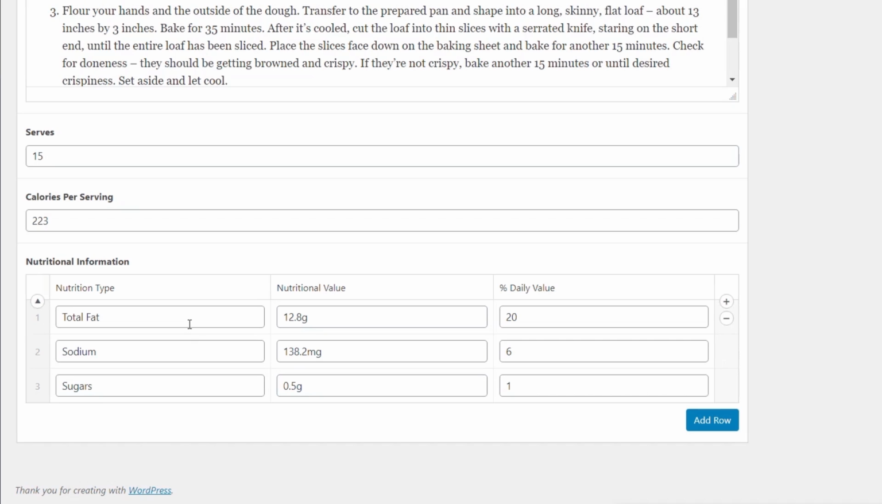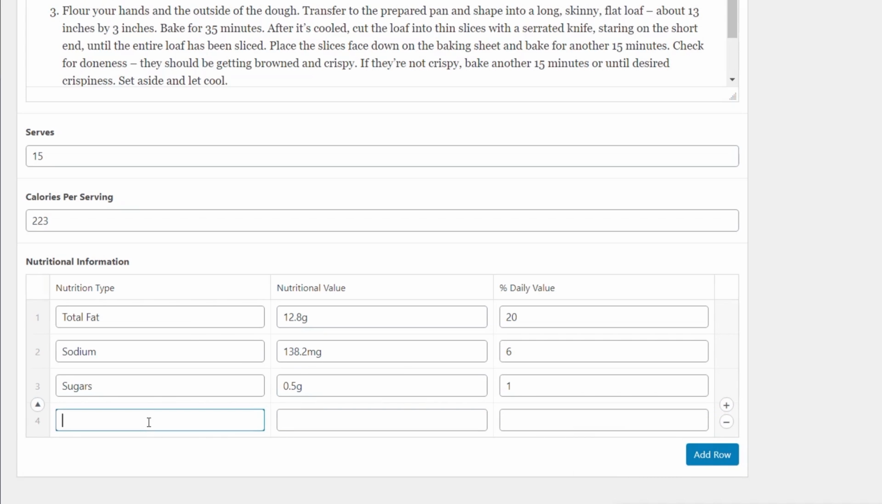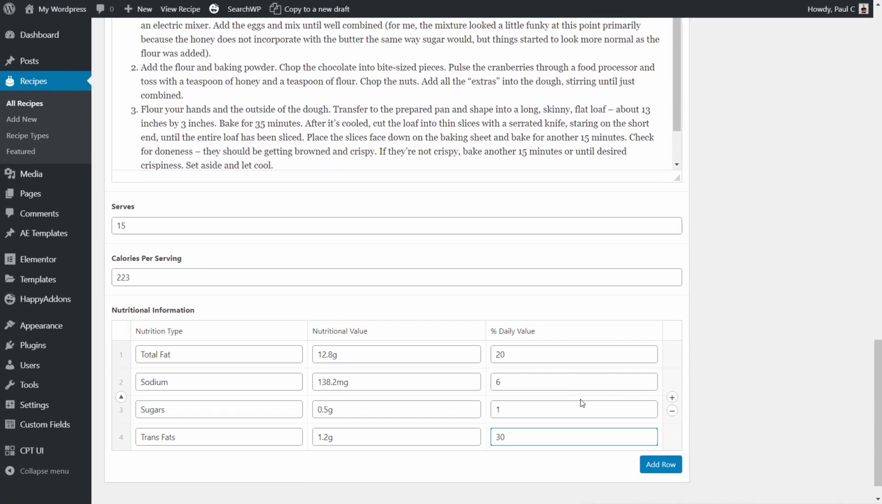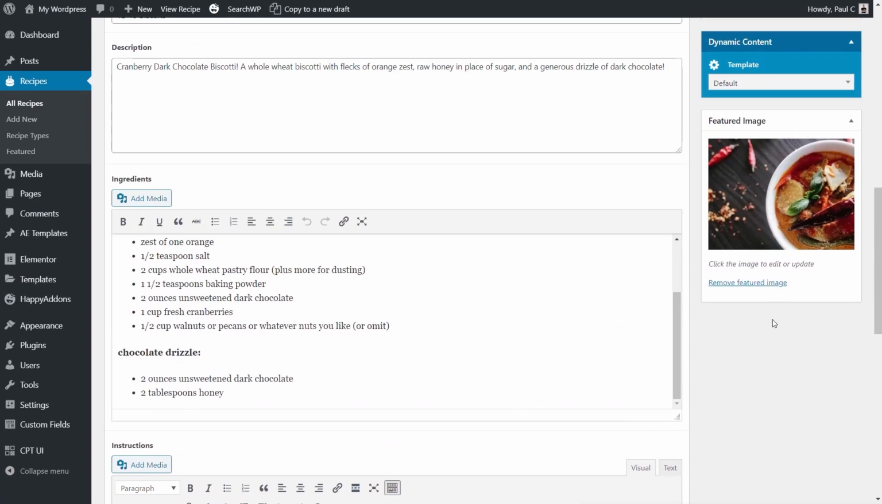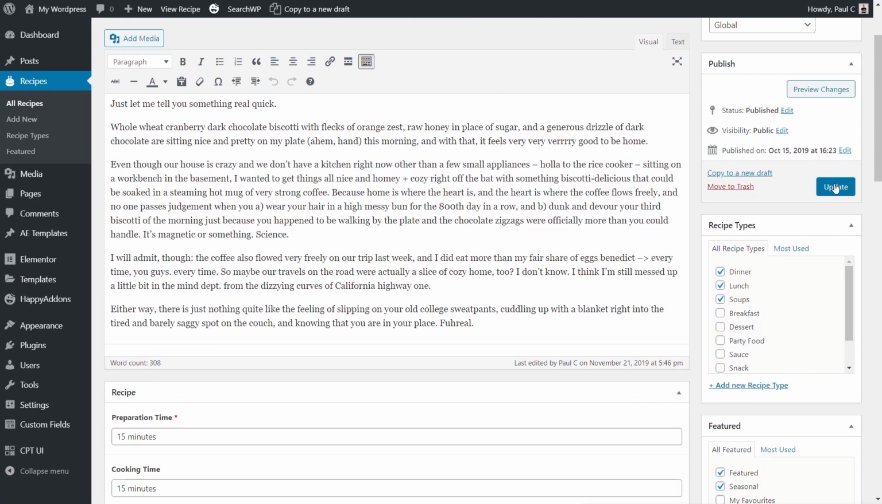As you can see, I've got 3 sections inside here at the moment. If I want to add another one in, I can easily do that. And we can just simply come in and insert whatever information that I want inside here. We'll just put in some random things. So we'll just say 30%. So I've now added in another section for my nutritional information. I can come up now and just hit the update, and that will now save that information inside